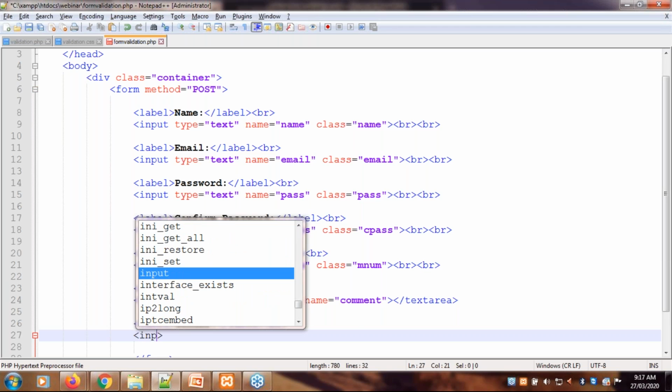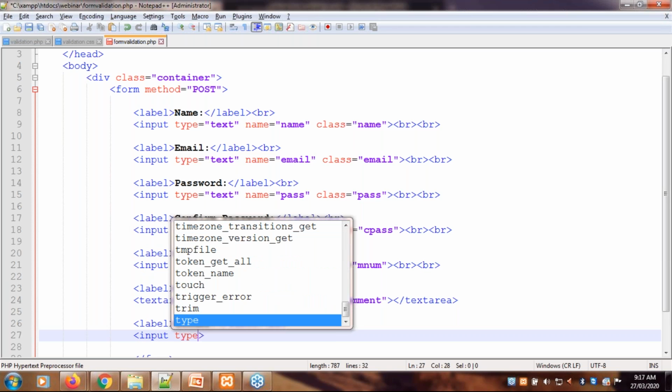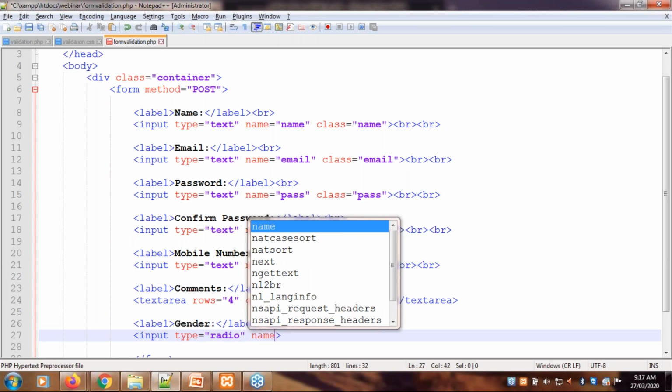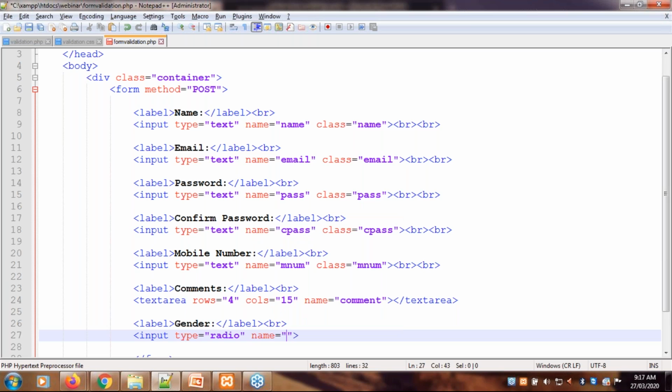For that we have to use input type equals to radio, name equals to gender, class equals to name.